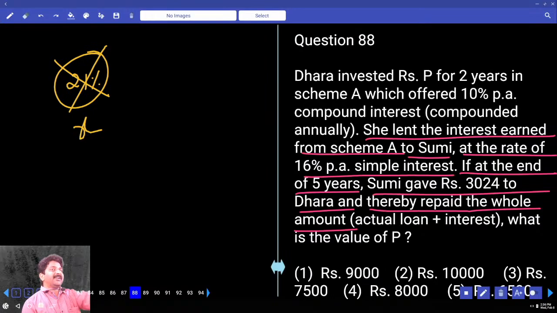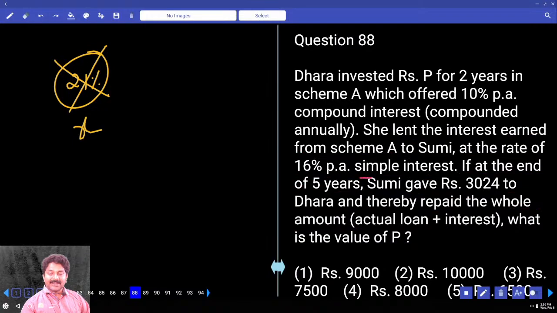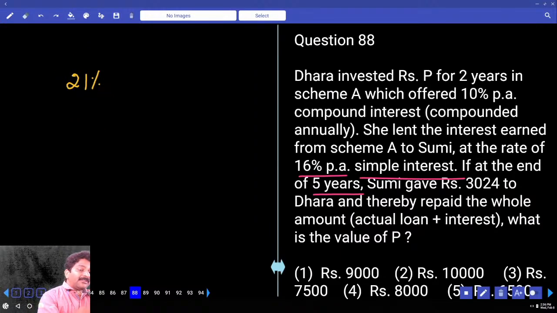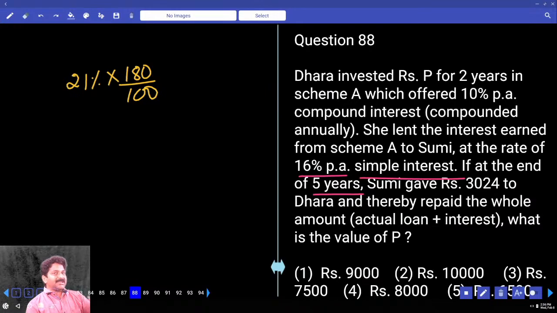X rupees is given to Sumi. Yes? And which is calculated at simple interest at the rate of 16% per annum for 5 years. How much interest we will get? 80%. If you want to return everything including principal, how much you need to return? 180% of this number only. So 21% of 180% is the total money that Sumi is returning, and which is equal to